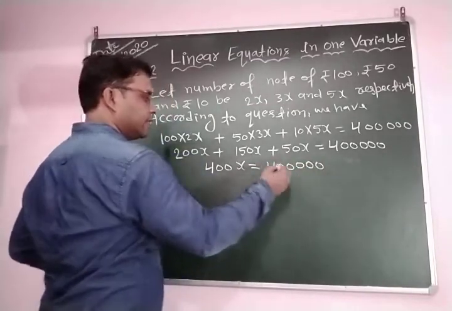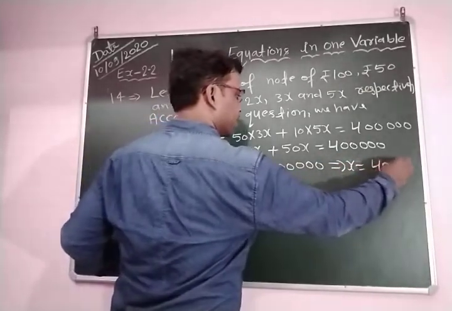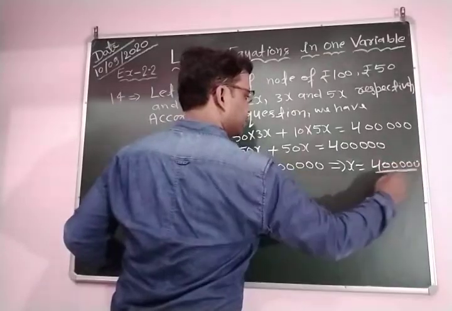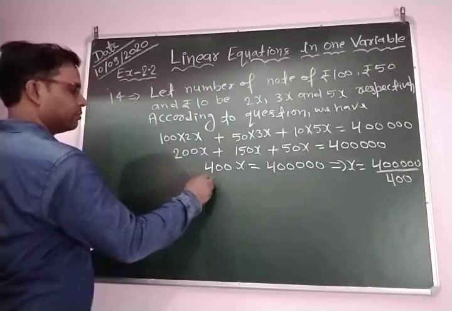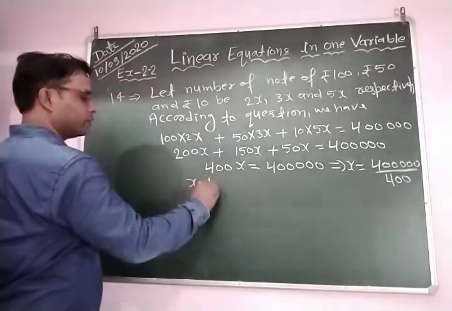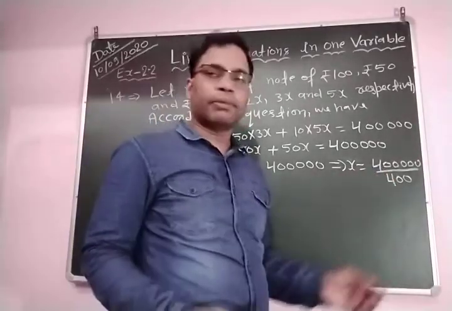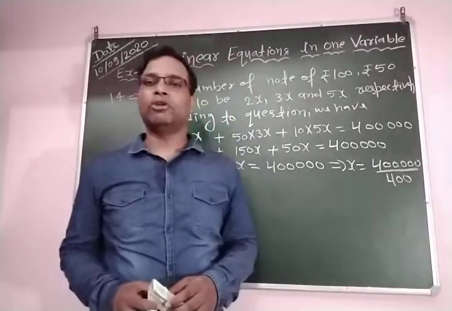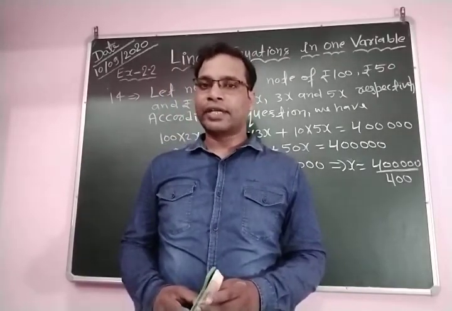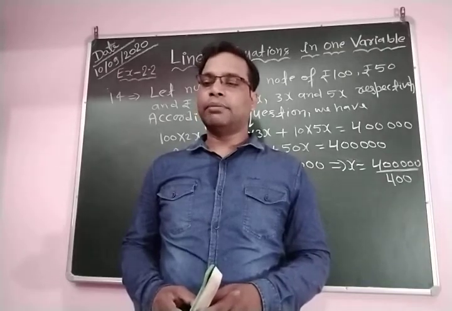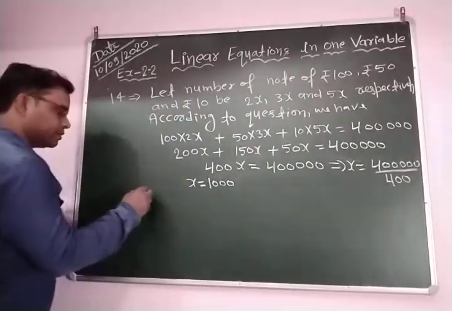Okay, when you divide it, x is equal to 4 lakh by 400, then we obtain the value of x is equal to 1000. When we divide 4 lakh by 400, we obtain the value of x as 1000. So we can find the number of notes of 100 rupees. Okay, so here you can write, hence,